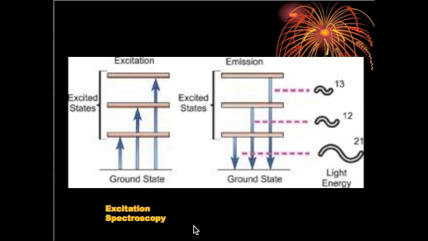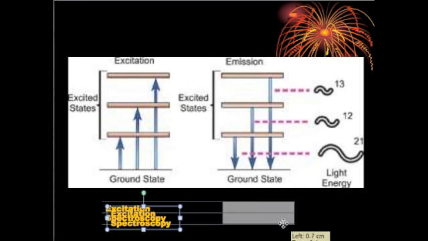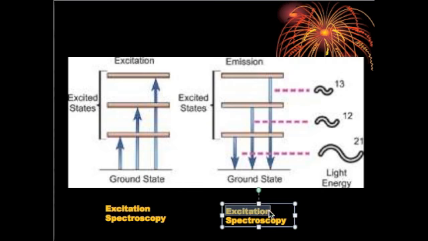Let me just make it wider. And the next one we can consider as emission spectroscopy, because the energy level starts to go down and the electrons go down to a lower energy level because they're not as excited as they were before. So to make it easier, let me copy this part, separate it, bring it to the other side, and we can call this emission spectroscopy. This is what these two usually look like, and this diagram perfectly describes the energy levels.